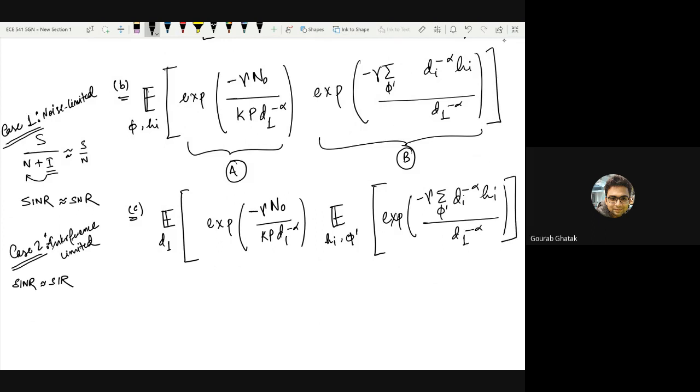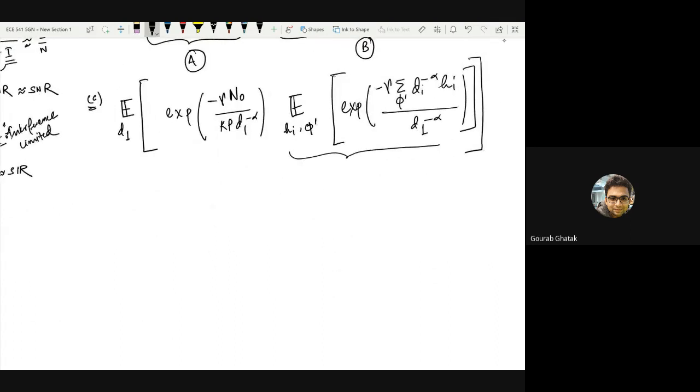So what you will be doing in your evaluations is taking an expectation with respect to the Hi's here and across all the base stations which are the interfering base stations. What you will have with you at the end of all these processes is a term which only depends on d1. You multiply it with this first term, which depends on d1, and take an expectation with respect to d1. We will come to that part as well. So let's call it expression b dash.